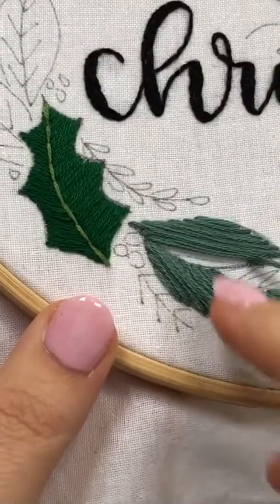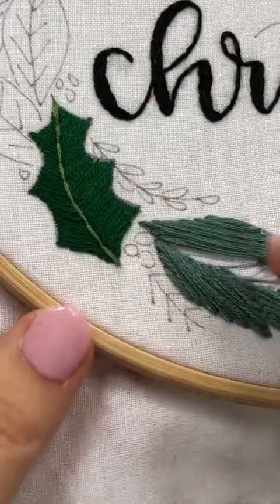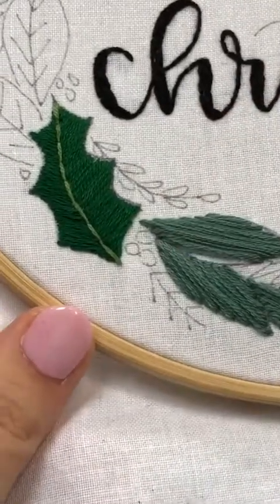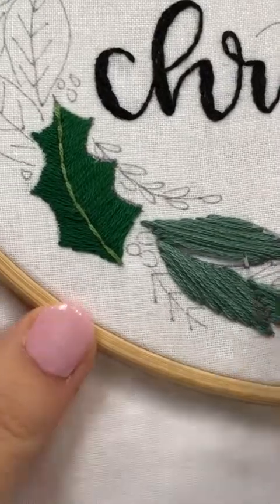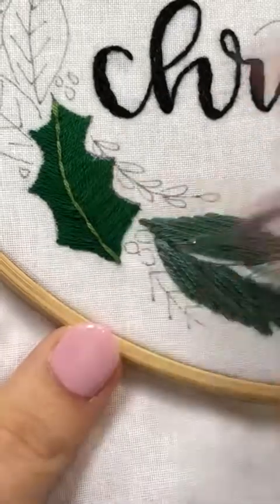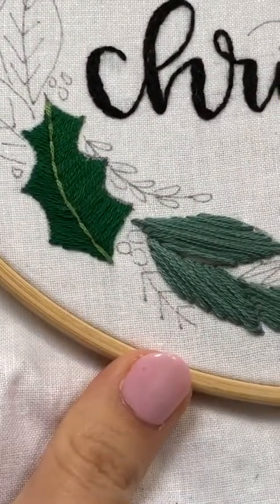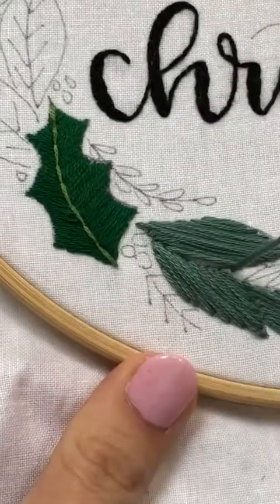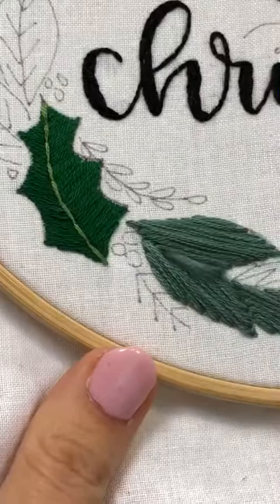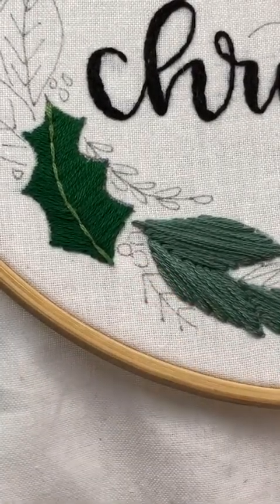Okay, so we're gonna go all the way up to this line here. And really, it's not like a safety crutch, but it's just like a little aid in helping you, you know? You don't have to do it, but sometimes, especially if the stitch direction really matters, then